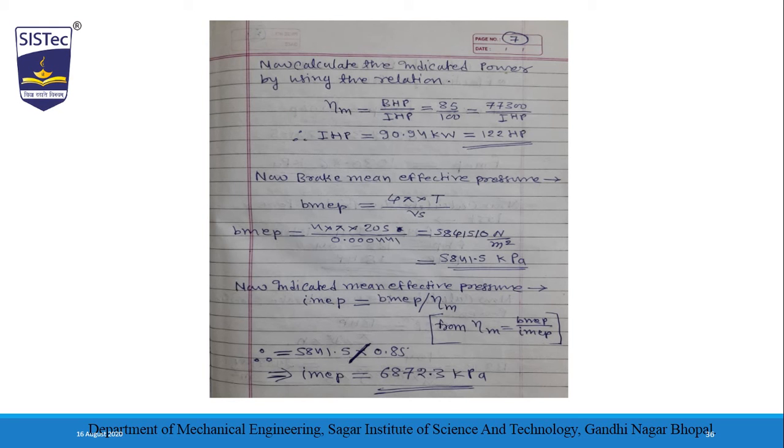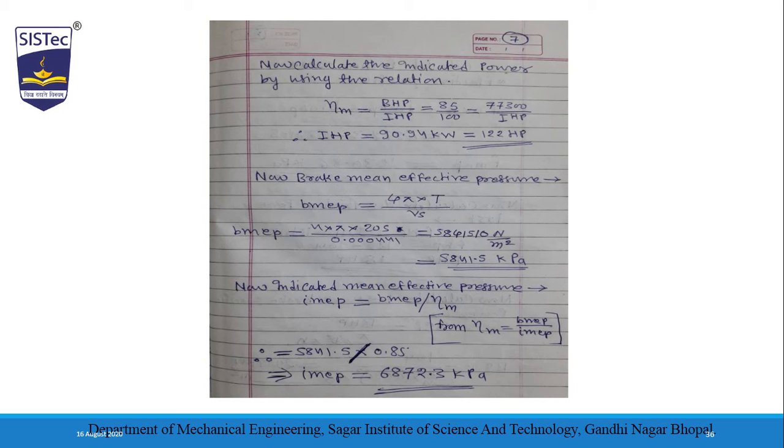So now calculating the indicated power by using the relation, we always know that mechanical efficiency is equal to brake horsepower divided by indicated horsepower. So the value is 85 divided by 100, the mechanical efficiency already given, and after that we calculate, we will get indicated horsepower is 90.94 kilowatt, or 122 HP,